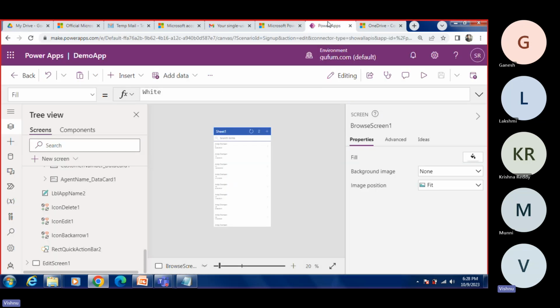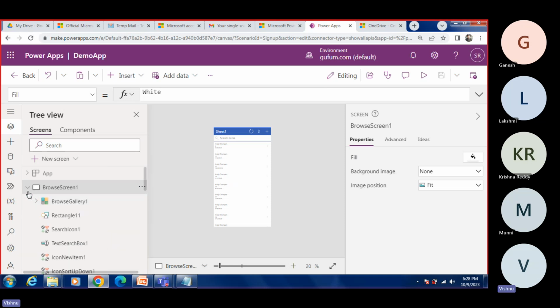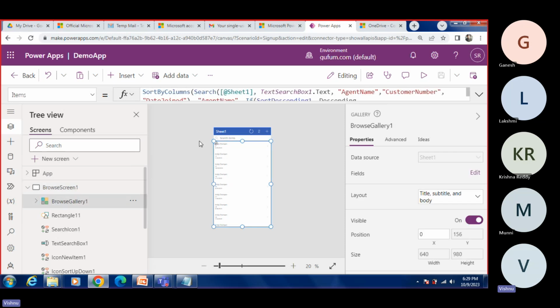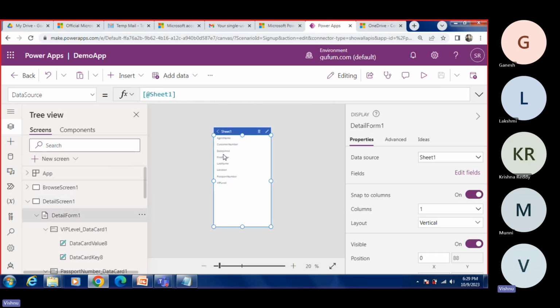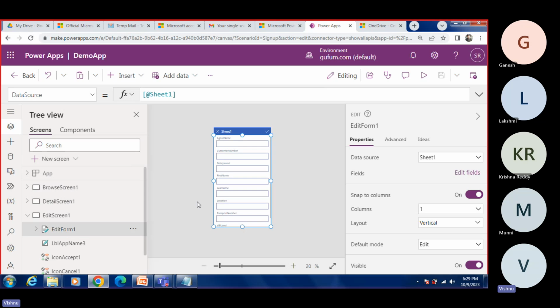Okay. Then how can we see here? Also, one more screen is there, guys. Three screens are created automatically, but whenever you develop from scratch, you have to give the screen name. Here this will automatically create the three screens. One is the browse screen. If you want to browse anything here, this is the browse. Then the detail screen. See here, if you want to get any details of a particular record based on customer name or whatever it may be, you can. Then if you want to edit, this is the edit form. See here, this is the edit form. Okay, whenever you are clicking on it,